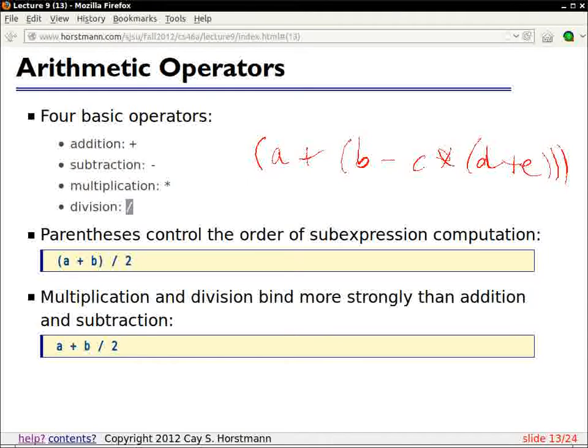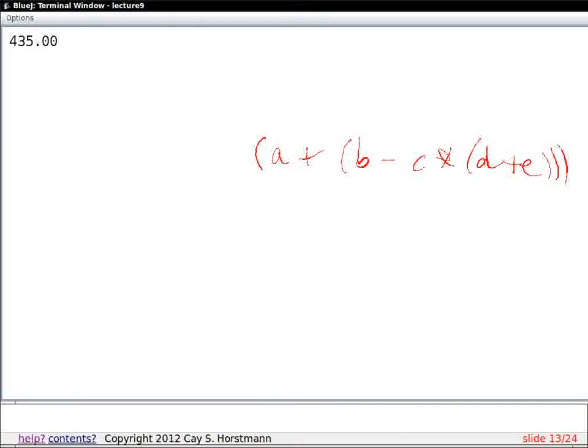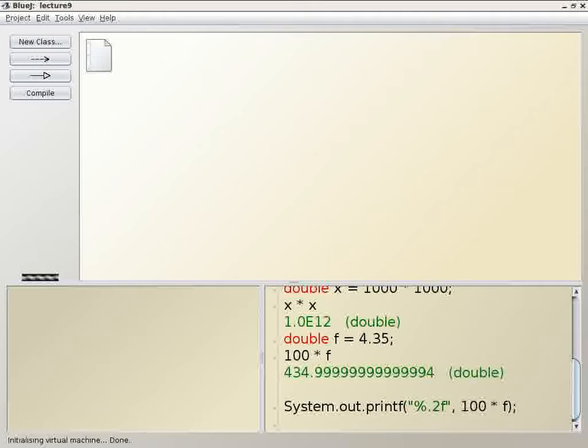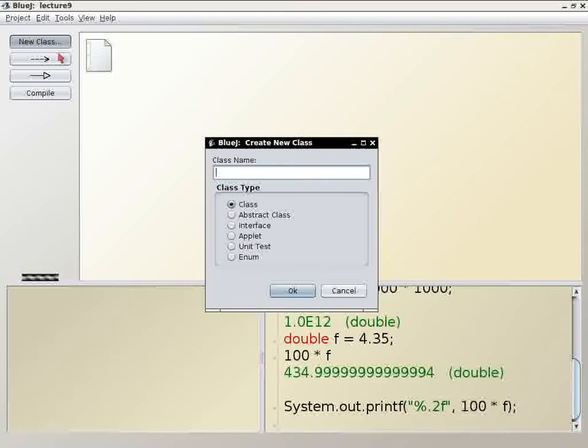Now, when you do that, in NetBeans, you'll notice that NetBeans actually matches them up. I'm not really sure what BlueJ does. Let me try this real quick. Does it match them up? Okay, let me just really quickly make a new class.